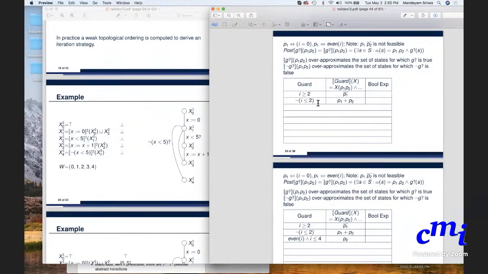less than 2. So if I is less than 2, there are states in the concrete for which I greater than 2 is false. Therefore, P1 can be true, and there are also some states for which it can be even. So this will be P1 or P2, and that's how you will have to define it. Okay, so use this criteria, in order to define the tightest, the strongest predicate in terms of P1 and P2 that expresses an over approximation of these things, and